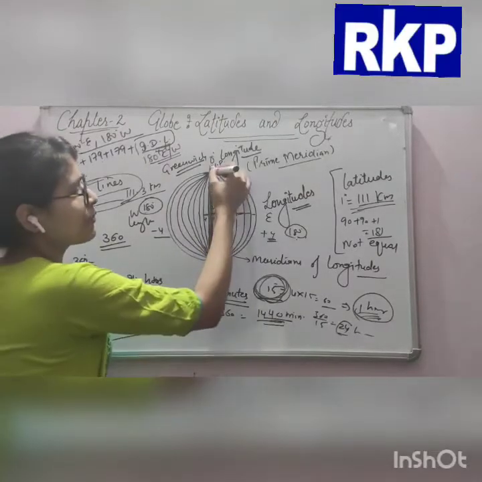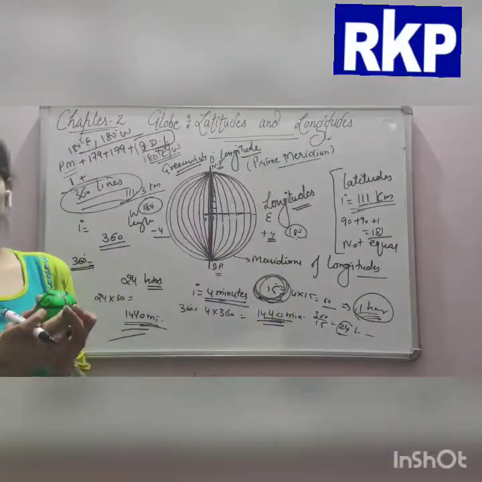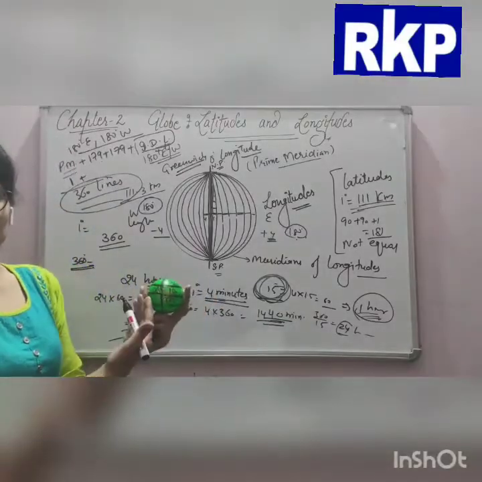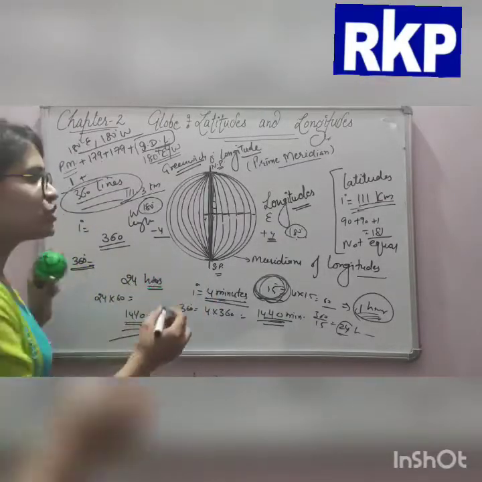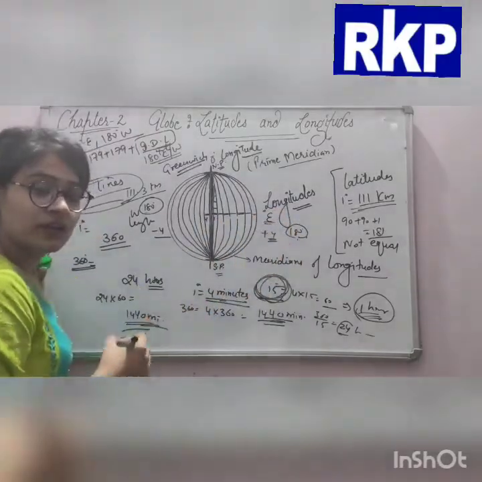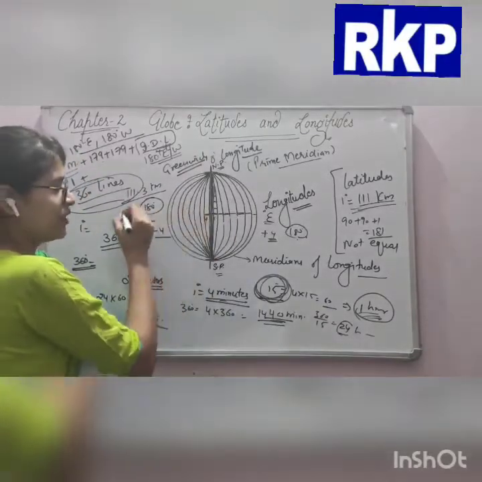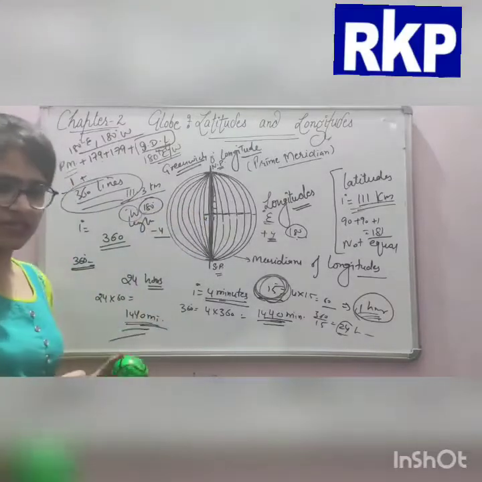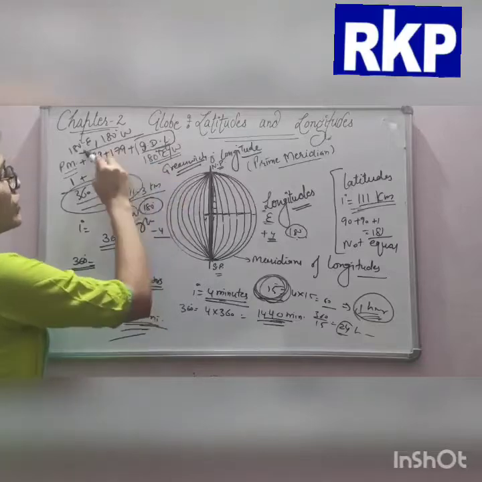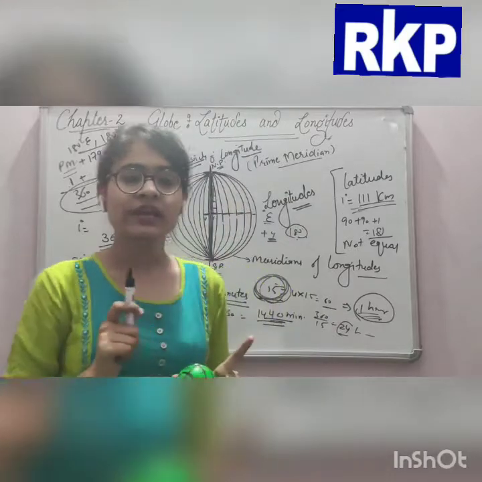And we know that the prime meridian and the international date line divide the earth into two parts, that is the eastern hemisphere and the western hemisphere. So the longitude of a place is mentioned with degree east, which are in the east direction, and indicated with degree west because they are in the west direction. I told you that 180 degree east and 180 degree west is the same line, which is known as the 180 degree international date line.